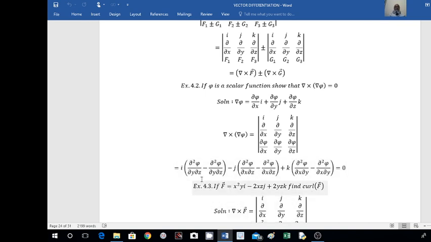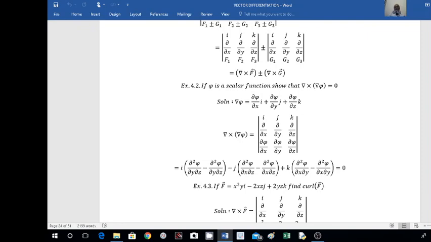Now here if you see this one, these two are same here. This is plus, this is minus, this becomes 0. Here also dou square phi by dou x dou z minus dou square phi by dou z dou x, this becomes 0. This is also dou square phi by dou x dou y minus dou square phi by dou x dou y. This also becomes 0. That is 0 into i plus 0 into j plus 0 into k. So this is nothing but our 0. Okay.